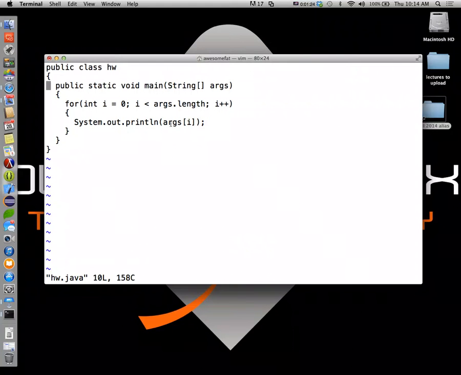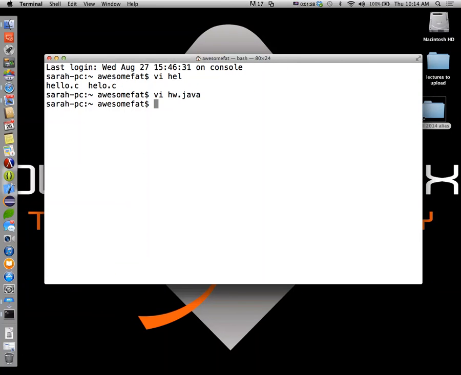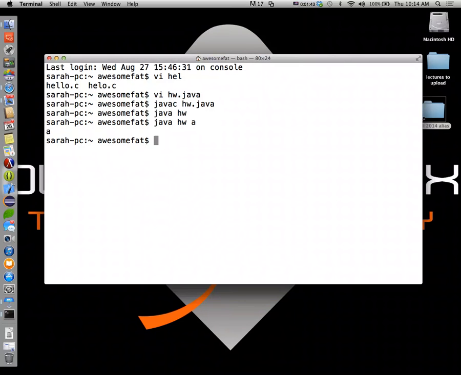But when we went to compile this, we saved it, we ran it through the Java compiler. It compiled, then we ran it through the Java virtual machine, and we got our output. In this case, our output would be whatever command line arguments we gave. We were talking about that last time.